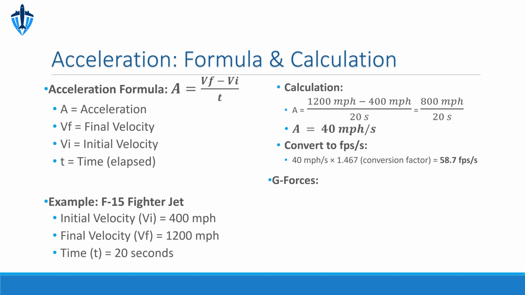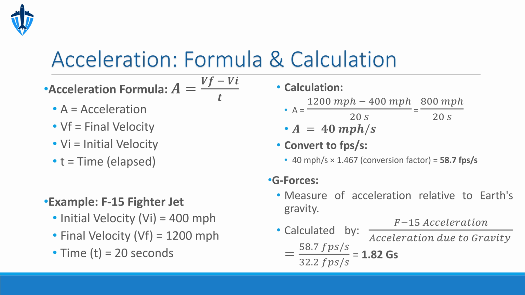Finally, we can relate this acceleration to g-forces. G-forces are a way to quantify how much acceleration a body experiences relative to the standard acceleration due to gravity. We simply divide the calculated acceleration by the acceleration due to gravity, which is 32.2 fps per second. In our F-15 example, 58.7 fps per second divided by 32.2 fps per second means the pilot is experiencing approximately